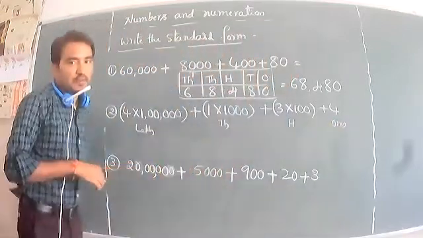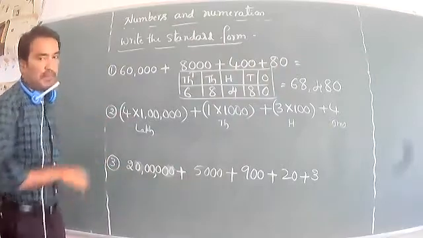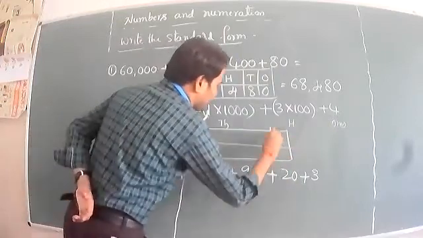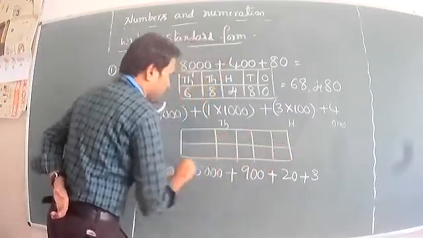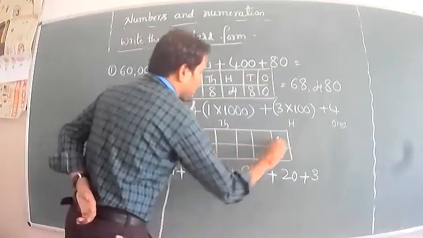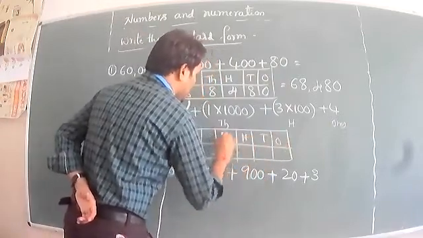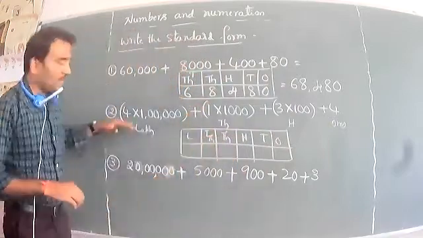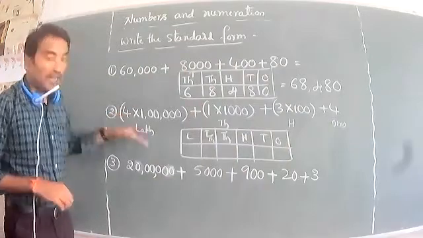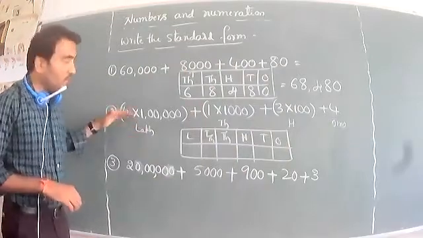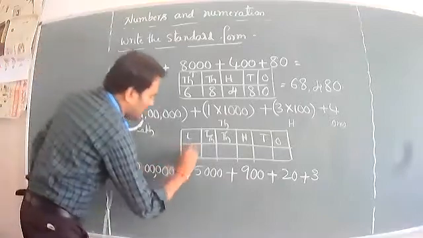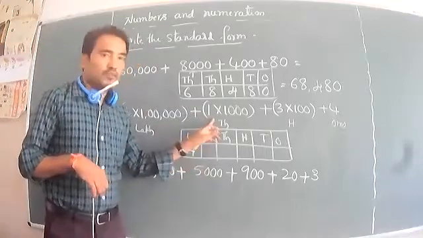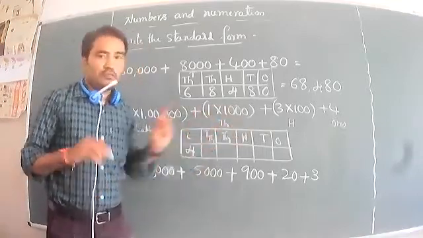So now we should find the short form easily. Take the place value chart. Ones, tens, hundred, thousand, 10,000, lakh. So how much is lakh here? 4 into 1 lakh. So the number given is 4 multiplied by lakh, which is 4 lakh. Next, 10,000 is not given, so directly go for the 1,000. 1,000 into 1, 1,000. Okay.